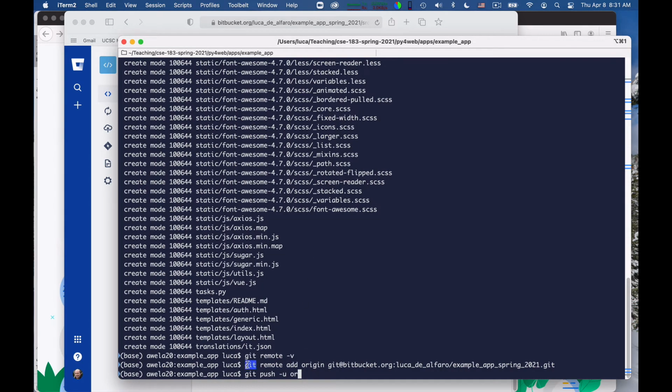But this line adds this remote repository with the name origin. This name is completely arbitrary. I could have called it something like my nice repo or whatever other nickname I ever want, right?